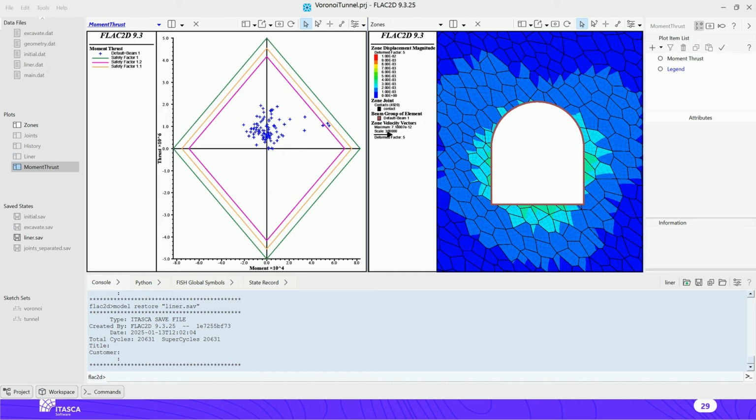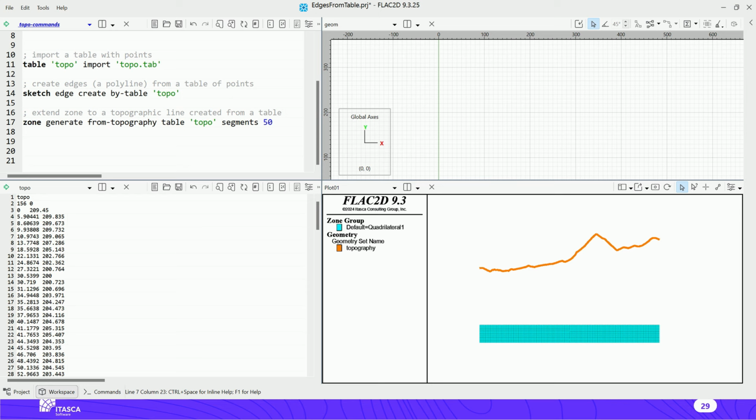Switching gears from DFN and Voronoi generators, let me briefly mention a couple of other new features in version 9.3. Specifically, in FLAC2D, we added the capability to generate edges and polylines from a table containing information about 2D points in